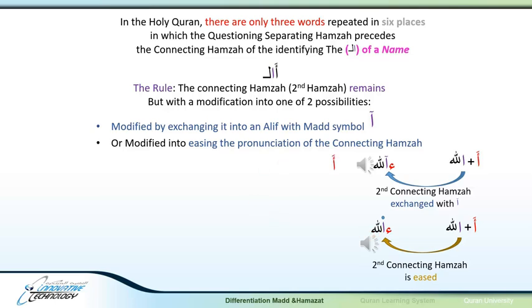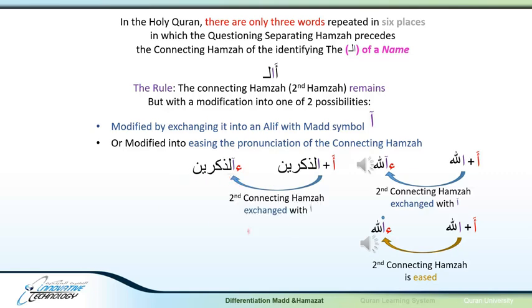Now we're going to take another example, a plus al-dhakarain. There is a first hamza, which is a questioning separating hamza, followed by al-ta'rif, starting with the connecting alif or connecting hamza, al-dhakarain. We don't say al-dhakarain, but we will modify it either into mad, al-dhakarain. We exchange the second hamza with an alif with mad. al-dhakarain. And the second possibility, where we can ease this into